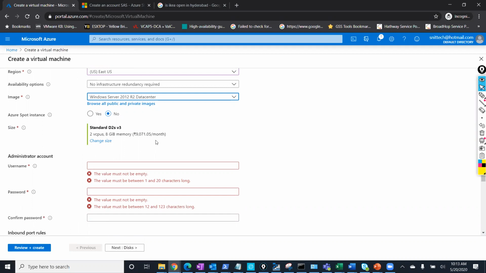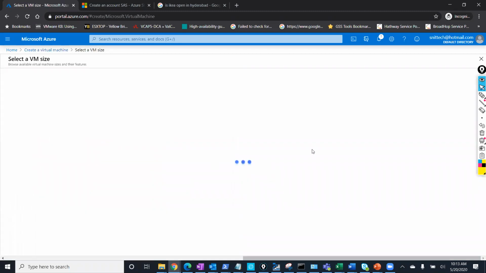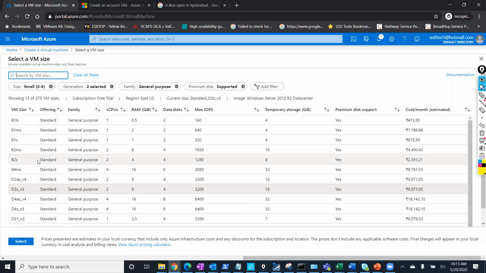SKU is nothing but stock keeping unit. Let's say you need two vCPUs and 8 GB of memory. You can select DS2 V3, or else you need 4 vCPUs and 16 GB of memory. Then what you will do is you will go ahead and you will try to select a virtual machine from here, from the available SKU. So this is the available SKU you have. So what I need is 4 vCPUs and 16 GB of memory. So in that case, what I'll select is